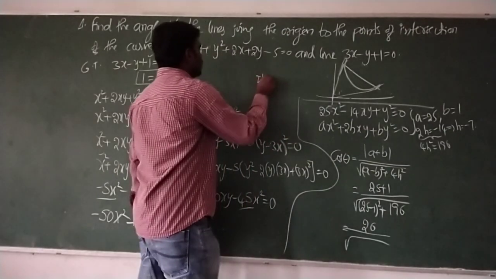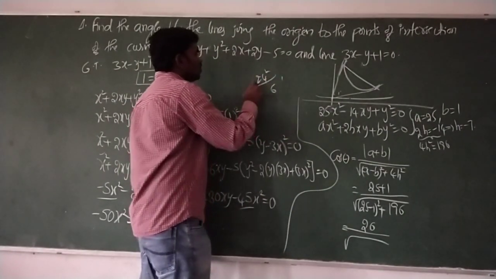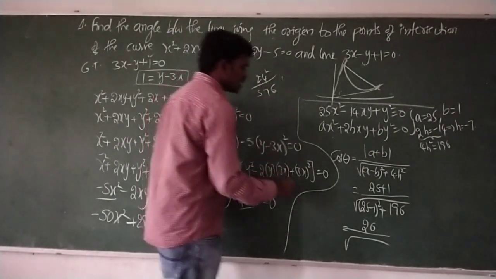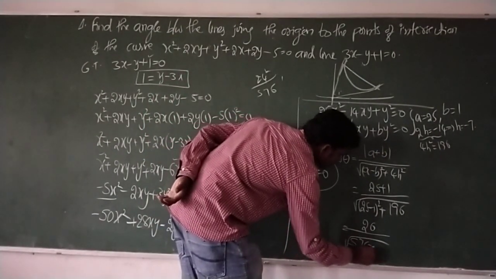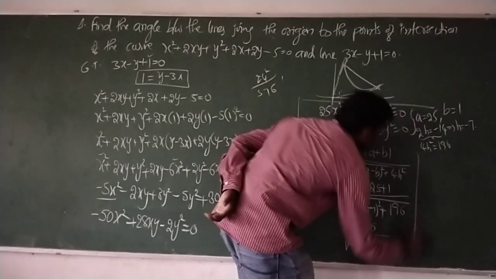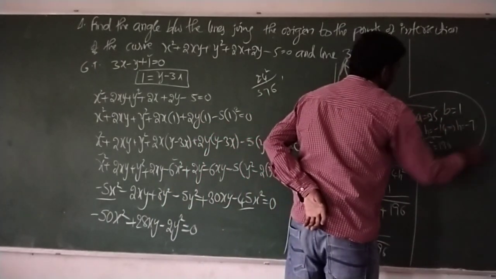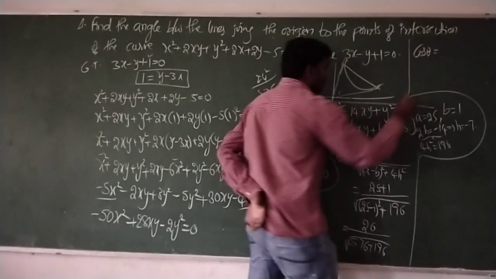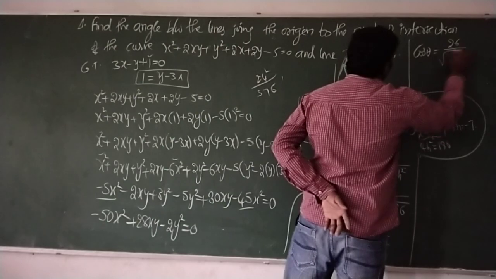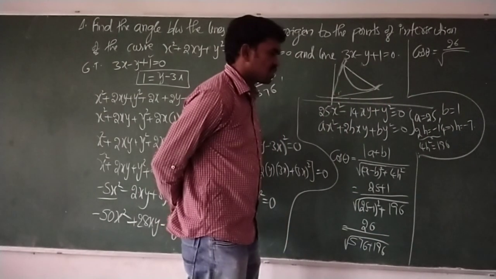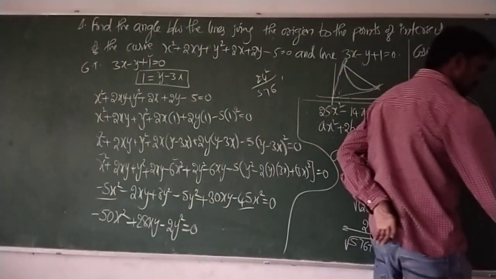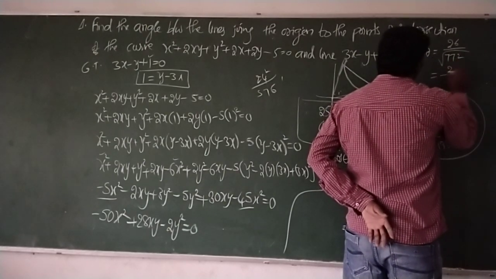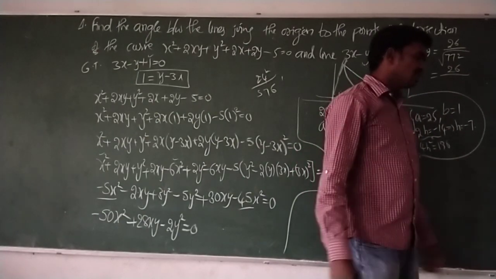Do it. 24 square. 4 4 is 16. Okay. 2 to the 4, 4 is 16, 117, 2 to the 4, 1 576. So 576 plus 196. Therefore cos theta is equal 25 plus 1, 26 by root what? 576 plus 196. How much? Yes, 772. And which is equal to 26 by root 772 means what?